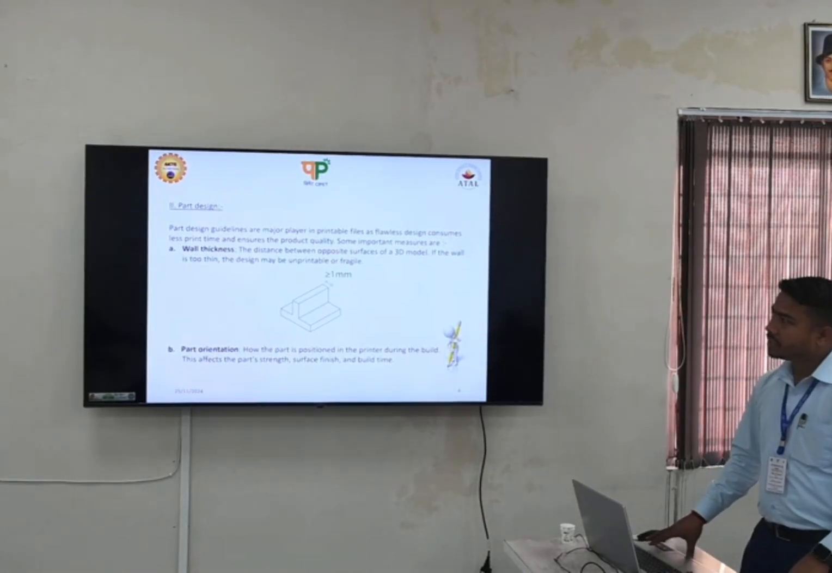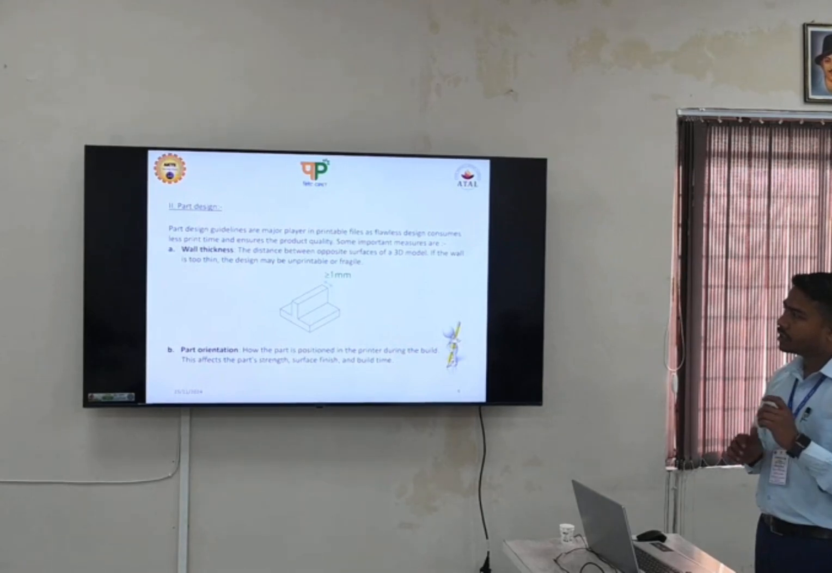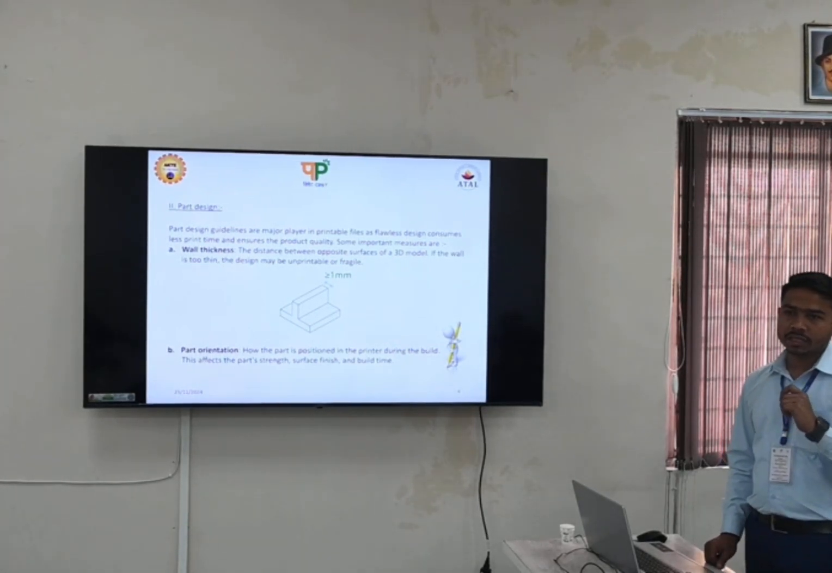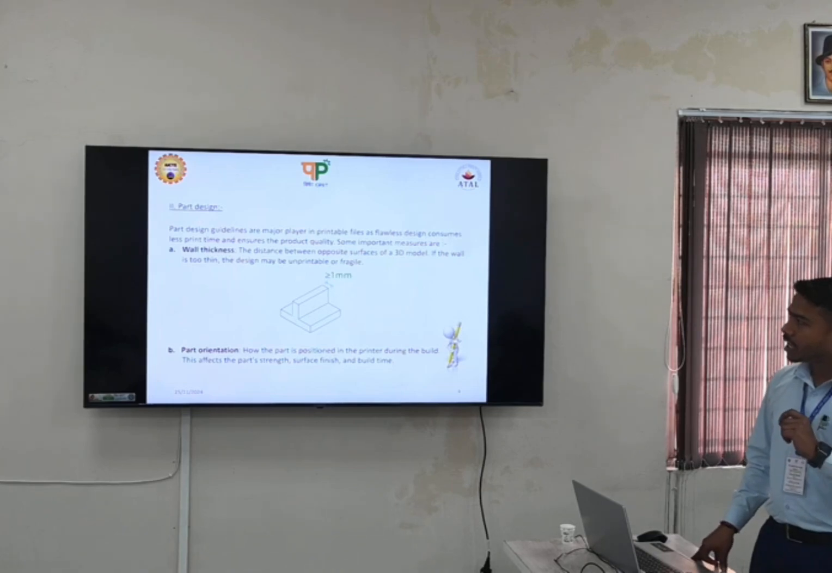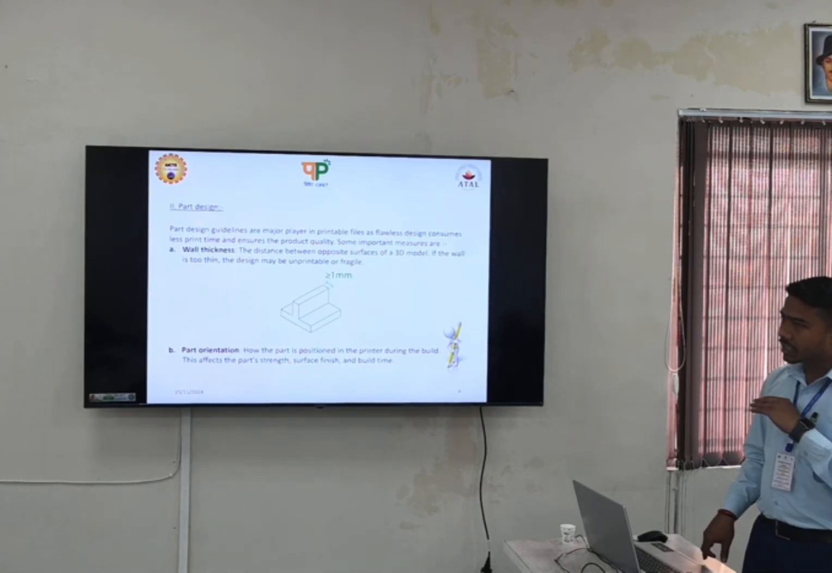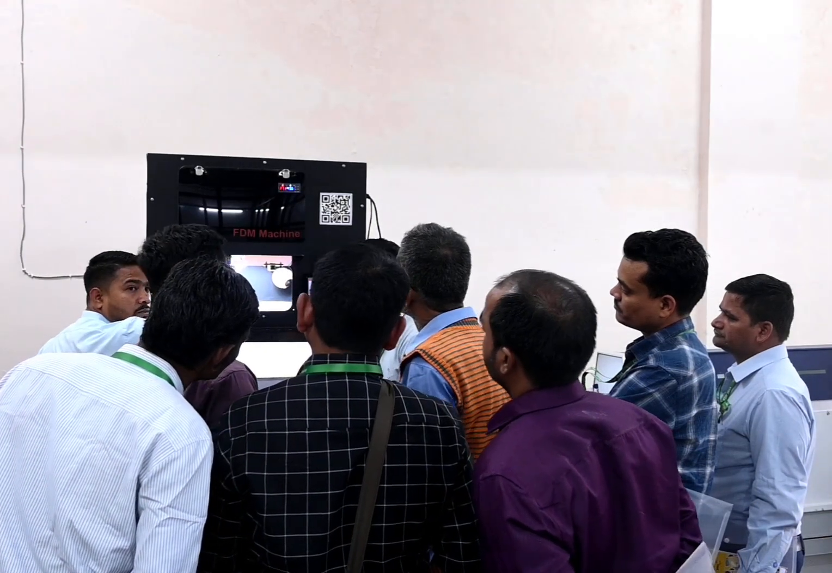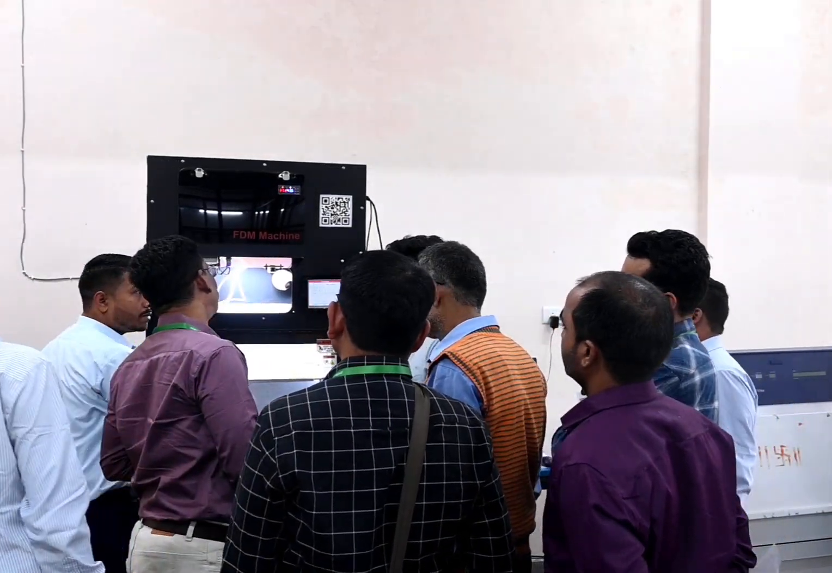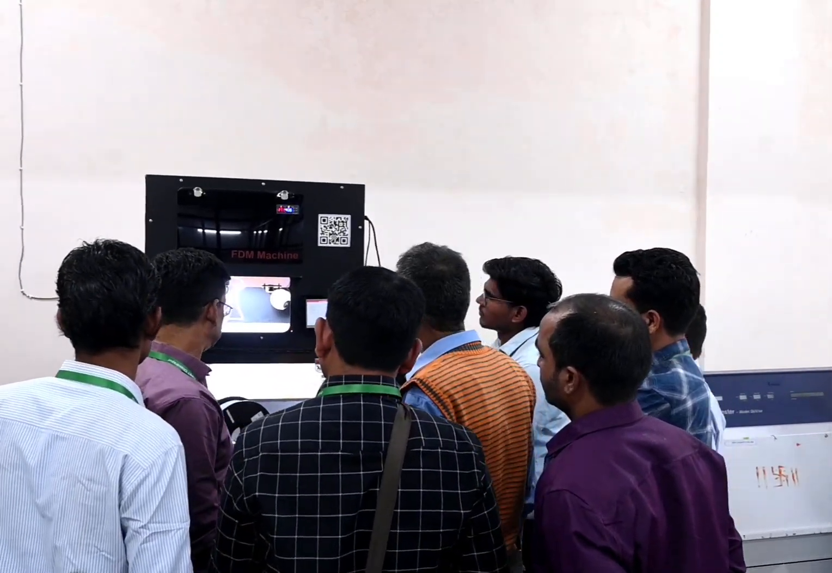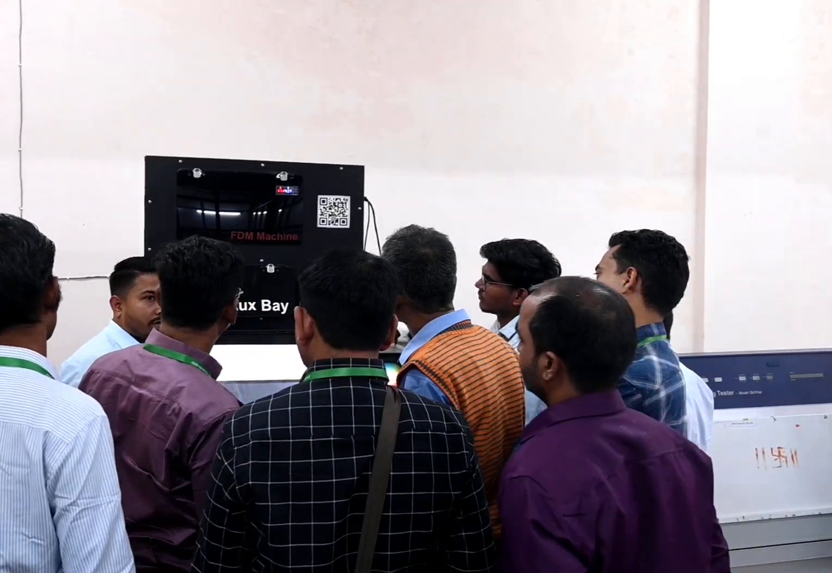In part designing, we have to consider some important points. The first is wall thickness, because in 3D printing files we have to be very specific about the wall thickness. We should have a minimum of 1 mm wall thickness so that the component can get through slicing. If the wall thickness is